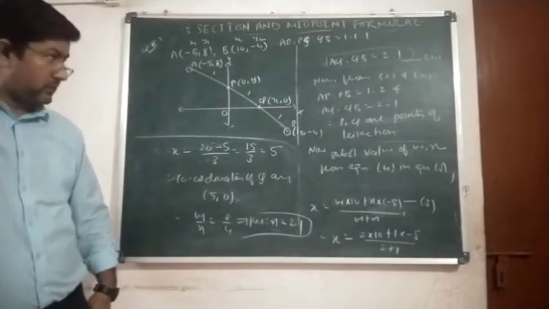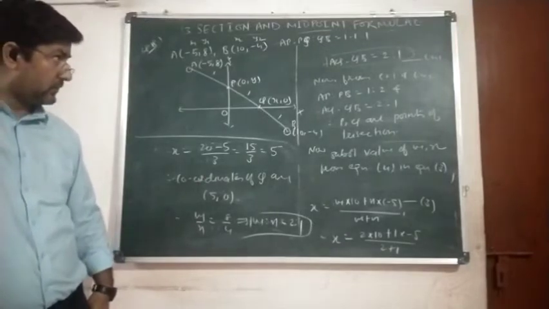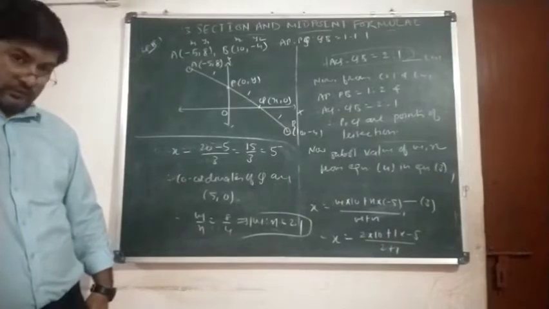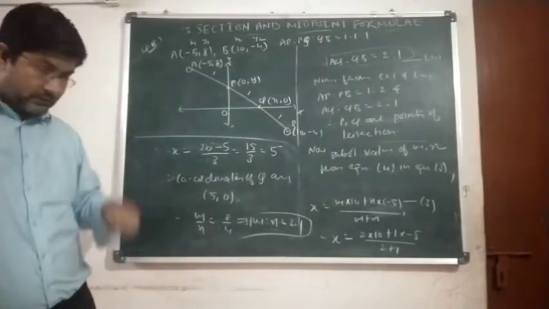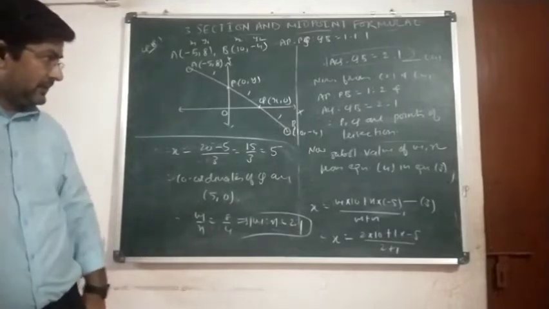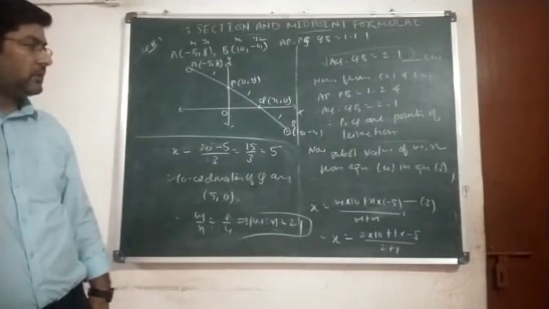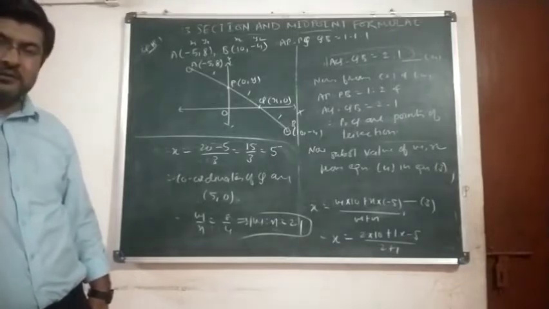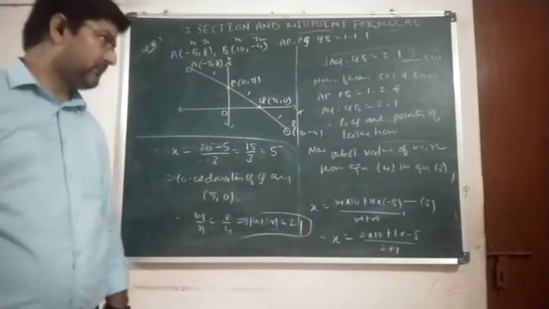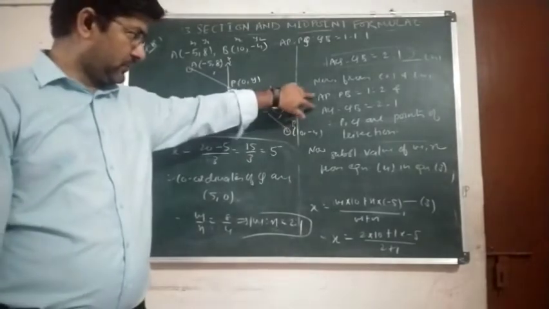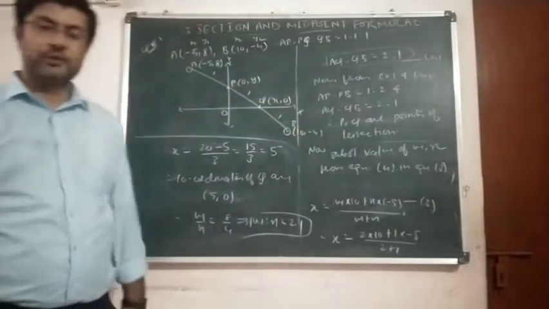So I hope you have understood this question very well. Okay, so in order to prove that any 2 points are the points of trisection, suppose P and Q are the given points on line segment AB, then AP is to PB must be 1:2, and AQ is to QB 2:1. Clear? In this way we will prove these two ratios, and on the basis of this we can say that P and Q are points of trisection.